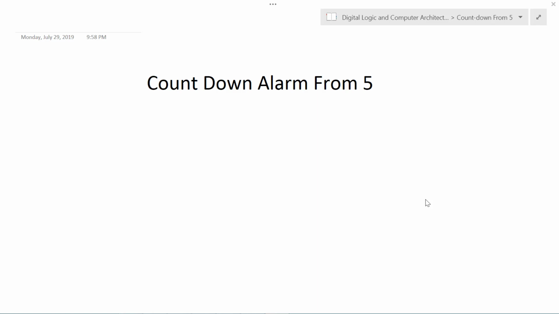Here we're going to implement a state machine that counts down from 5 and then sets an alarm. So our state machine is going to start at state 5, 1, 0, 1, and then count down. Start state, and then we count down to 4,